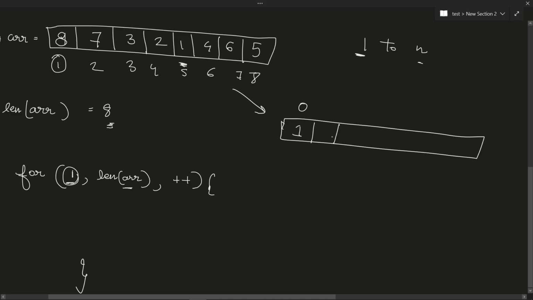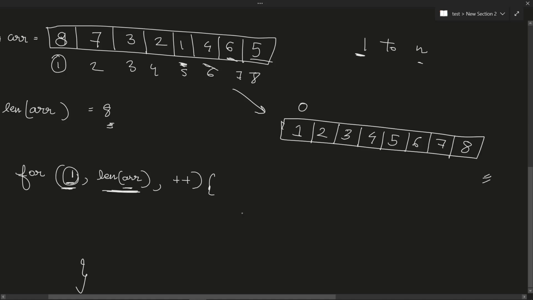Then the number 7 will get replaced by 2, then the number 3 will get replaced by 3 itself, then 2 will get replaced by 4, 1 will get replaced by 5, since we are using this for loop iterating from 1 till the length of the array. Then the number 4 will get replaced by 6, 6 will get replaced by 7, and finally 5 will get replaced by 8, and we will get a sorted array.